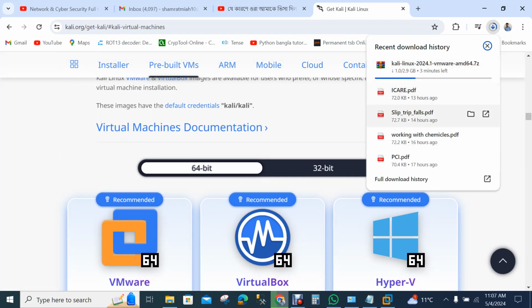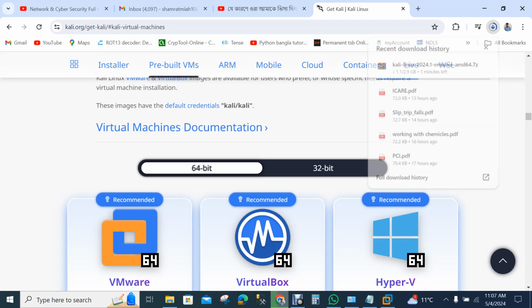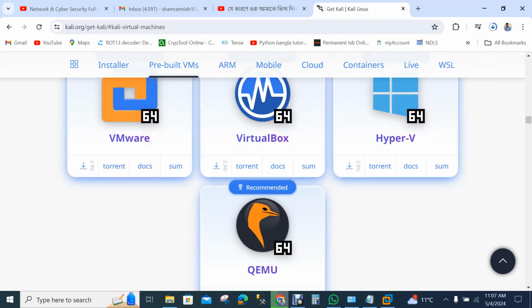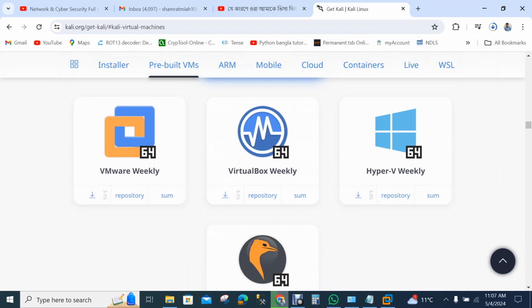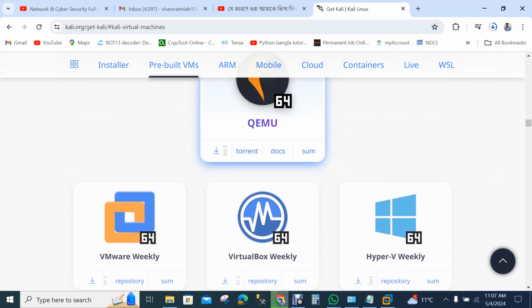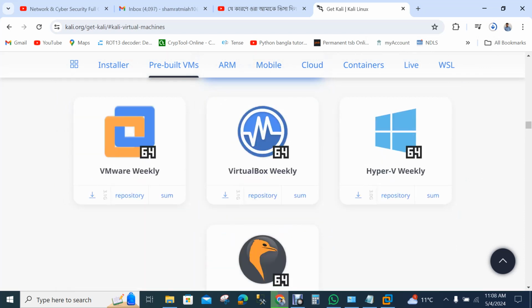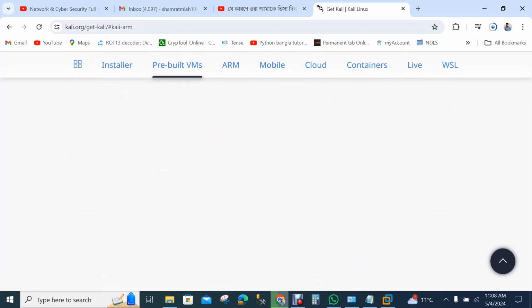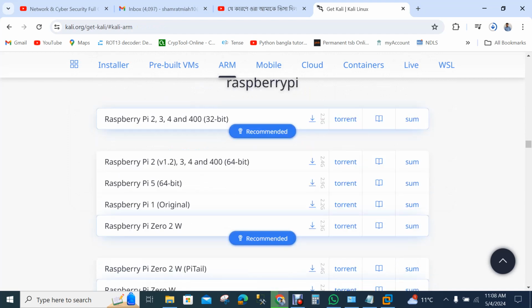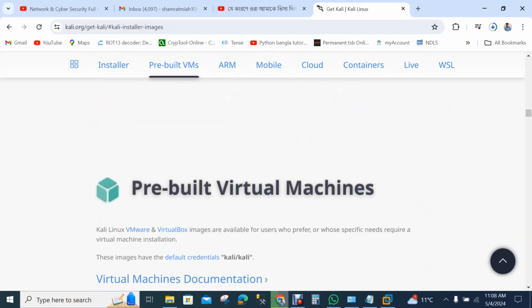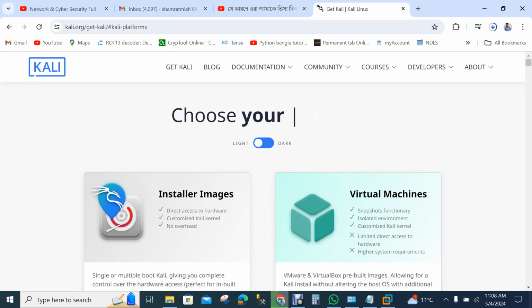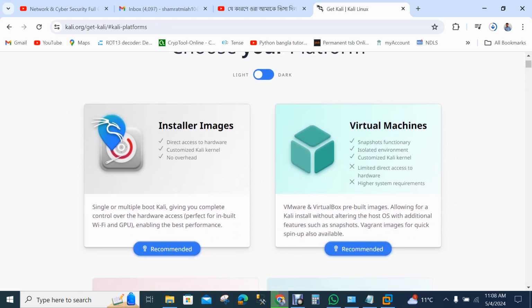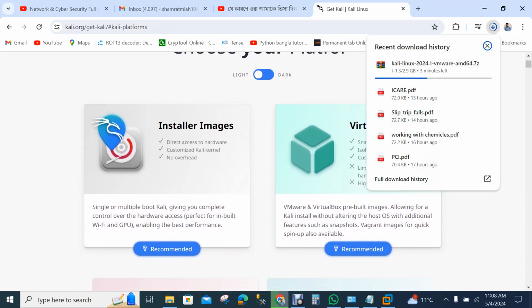It is a zip file, and it is now downloading. From here our Kali Linux software is downloading.